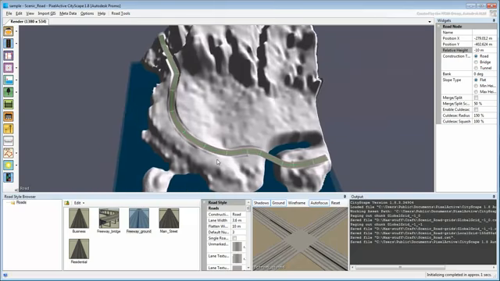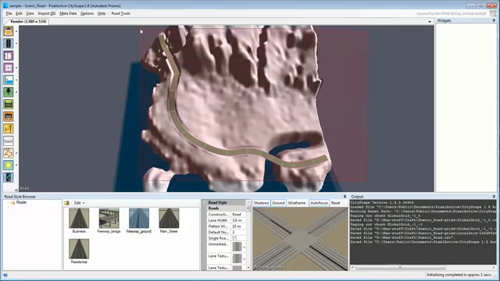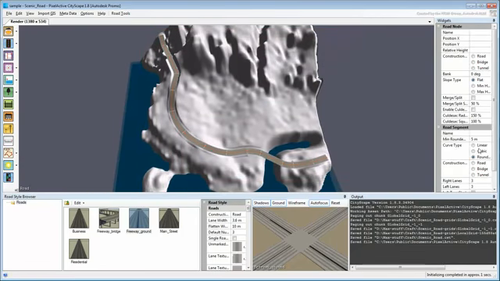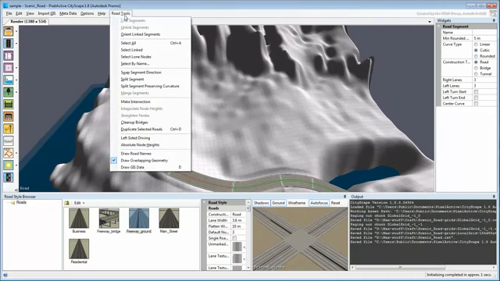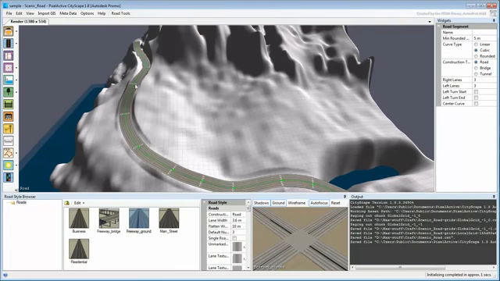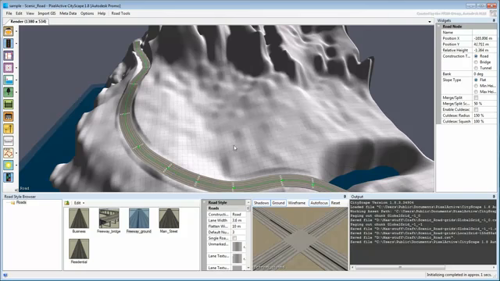For a road with smoother curves, select all the nodes and segments and choose the cubic curve type. If you need to insert a node in a road segment, select that segment and choose Road Tools, Split Segment. You are now ready to create the twisty mountain road, but first you need to split the highway to create